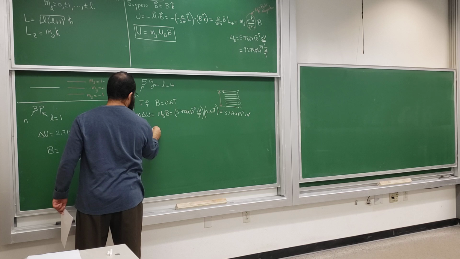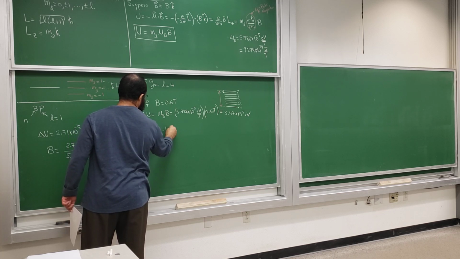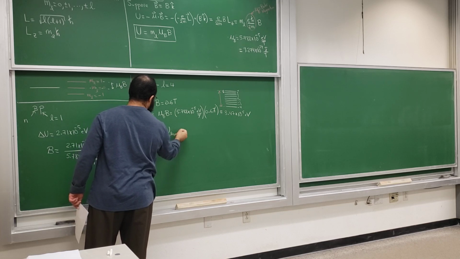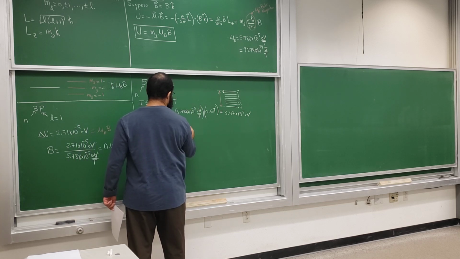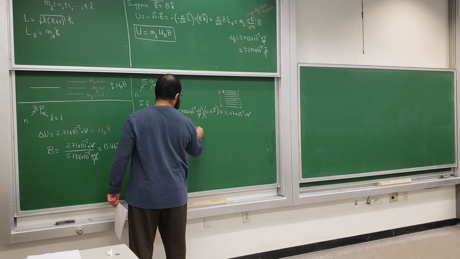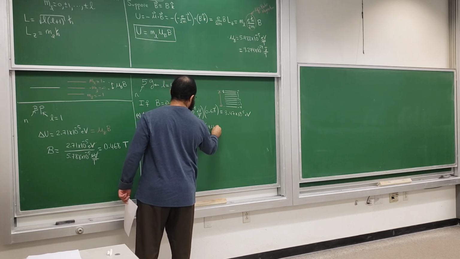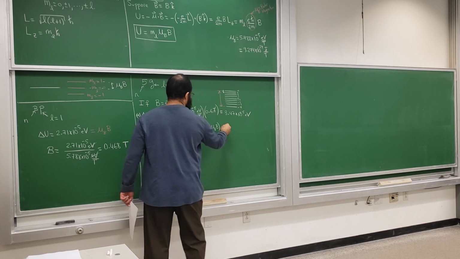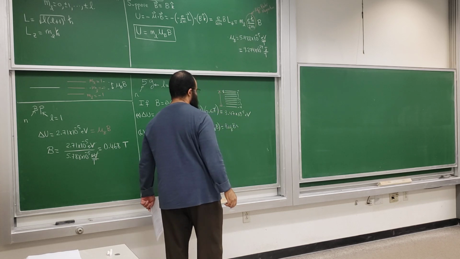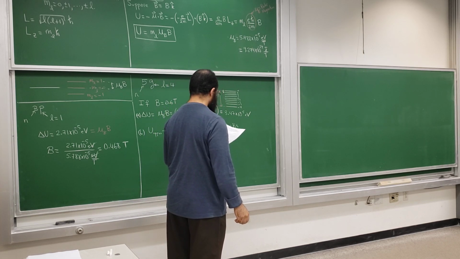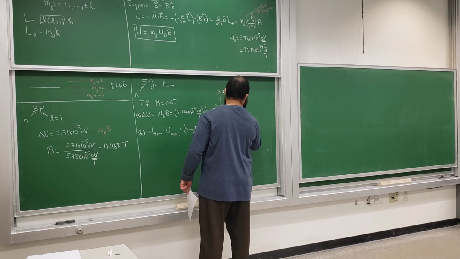So U of the upper minus U of the lowest, at the top one it's 4 mu B times capital B, and in the lowest state you have minus 4 mu B times capital B, and that is just 8 mu B times capital B. And we already determined that, so it's just this number times 8, and that comes out to 2.78 times 10 to the minus